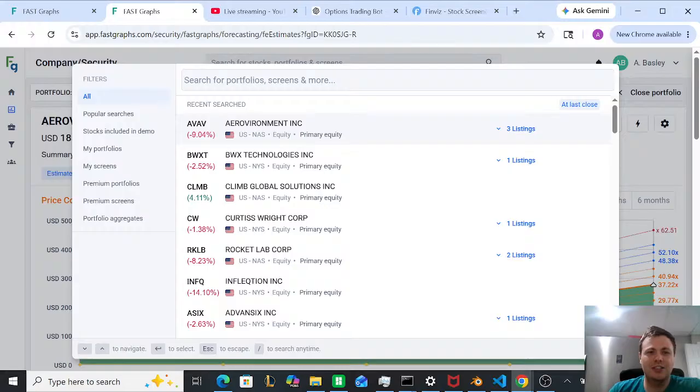So the tool I like to use is FAST Graphs. FAST Graphs is the fundamental analyzer software or something like that, and I've used this for a while, and it's helped me pick some of the best stocks for investing that I've invested in. So I just kind of want to start by giving a little look around and